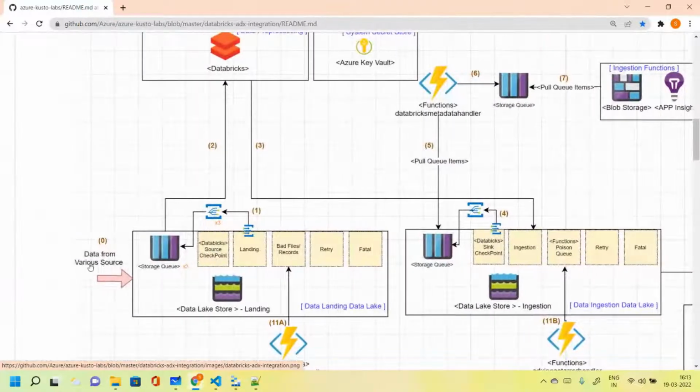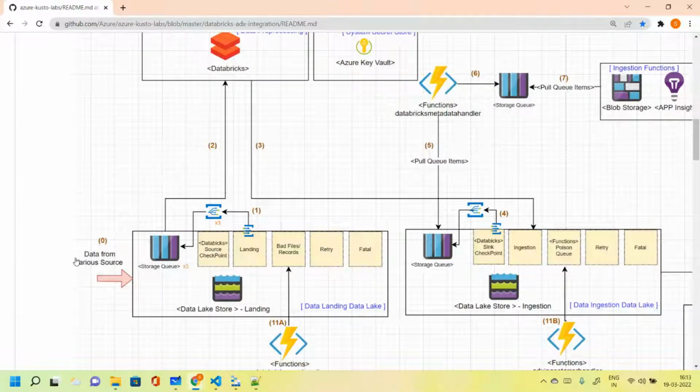Okay, so we are getting data from various sources. On the left hand side here, you can have Kafka clusters or Event Hub can be there, or Data Factory can be there, or any other service might be there, which is throwing the data inside the data lake. So we have two different data lakes. One is for landing and one is for ingestion. So when the data goes in the landing over here,